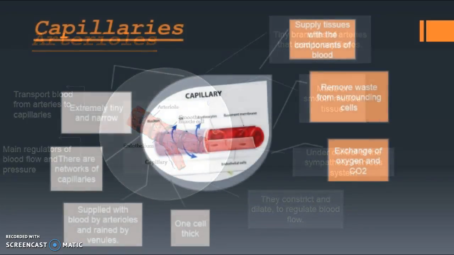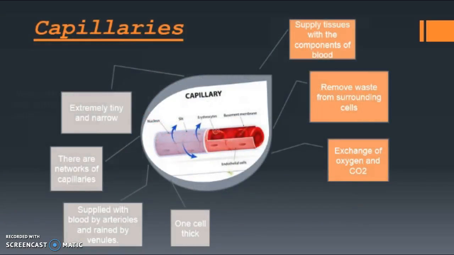Now we move on to the capillaries. Their structure is that they are tiny and narrow. They're also in networks of capillaries. They are supplied with blood by the arterioles and then drained by the venules. They're also one cell thick, and their function is to supply the tissues with the components of blood. They remove the waste from the surrounding cells, and they are also where the exchange of oxygen and carbon dioxide